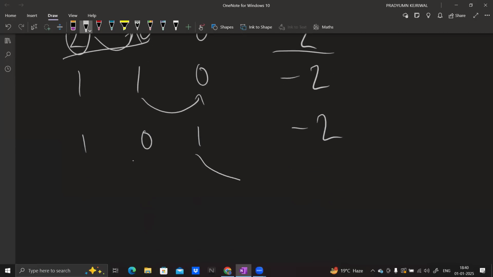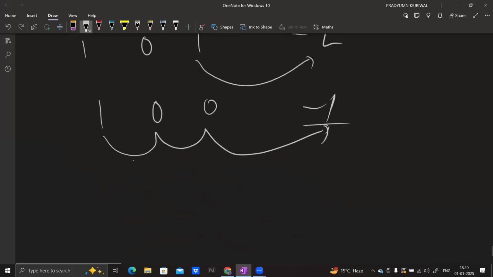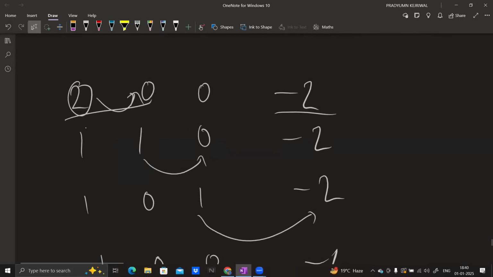Then I push this 1 to this minus 2. So it becomes 1, 0, 0, and minus 1. And still this is negative. So again, we'll just try to take one more 1 from this. So it will take 3 more moves. And finally it will become 0, 0, 0, 0, as we can see. So if you can visualize it correctly, we are just bubbling the heat from one point to the other,